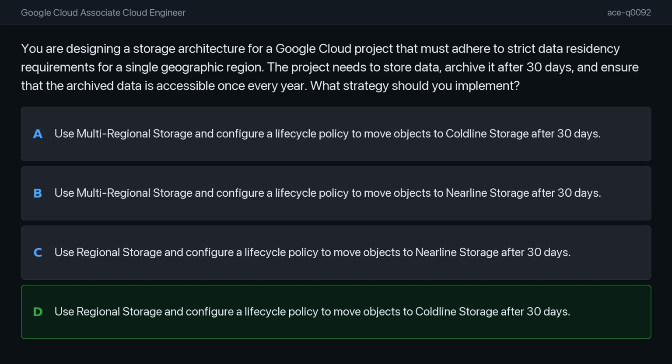Multi-regional storage automatically replicates data across multiple geographic areas, which would violate your compliance mandate. This immediately eliminates options A and B. Regarding the choice between storage classes, nearline storage is typically optimized for data accessed about once a month. Since your requirement specifies that the archive data will only be accessed once per year, coldline storage is the